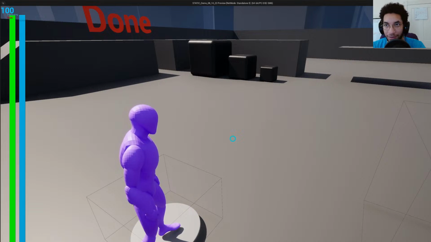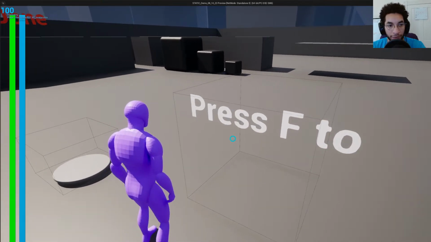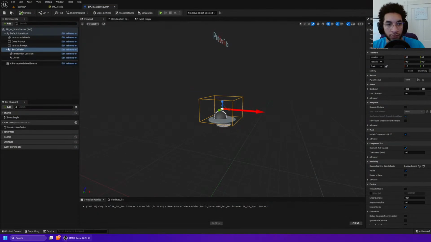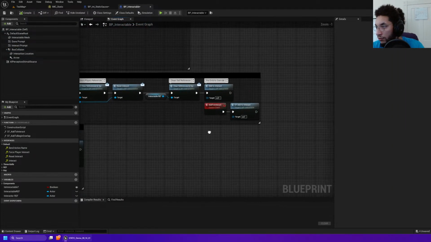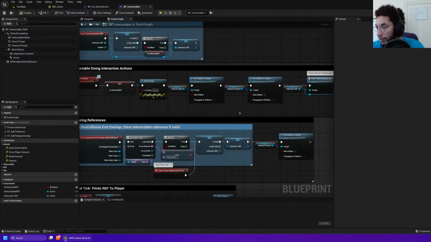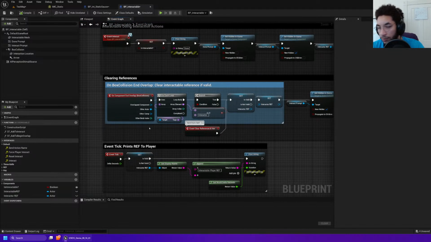I know what it is. Nope, that's definitely not it. The event force player interact, that isn't even in the original code for the interactable. It can be if you need to force the player to interact, but